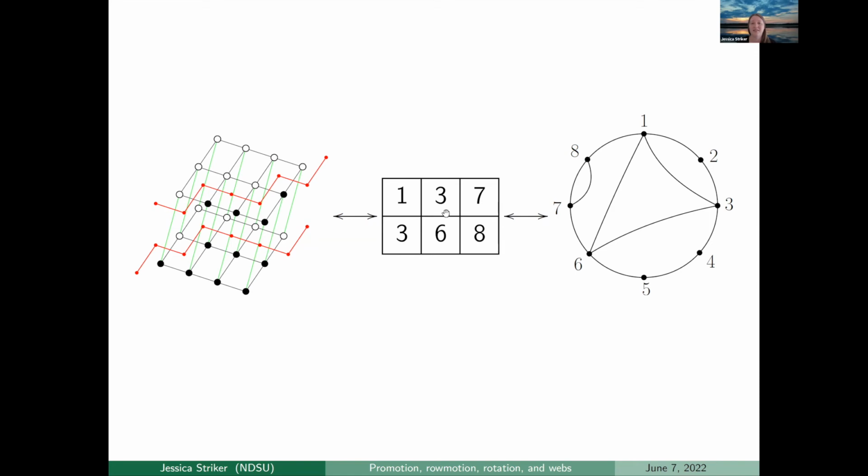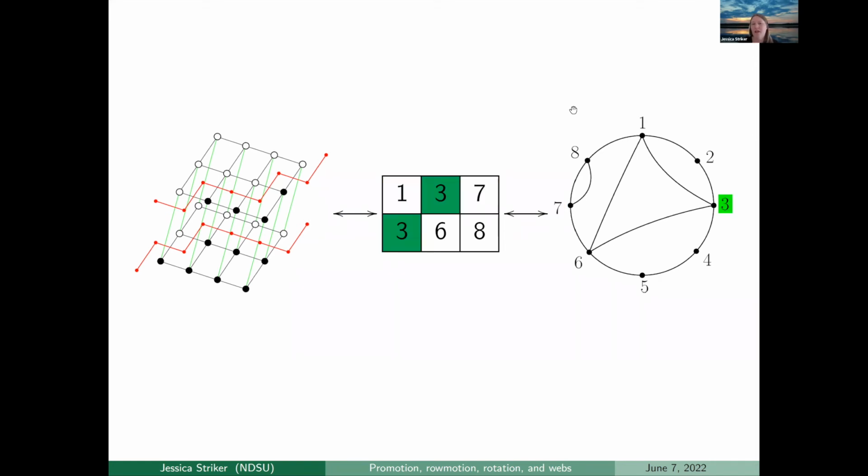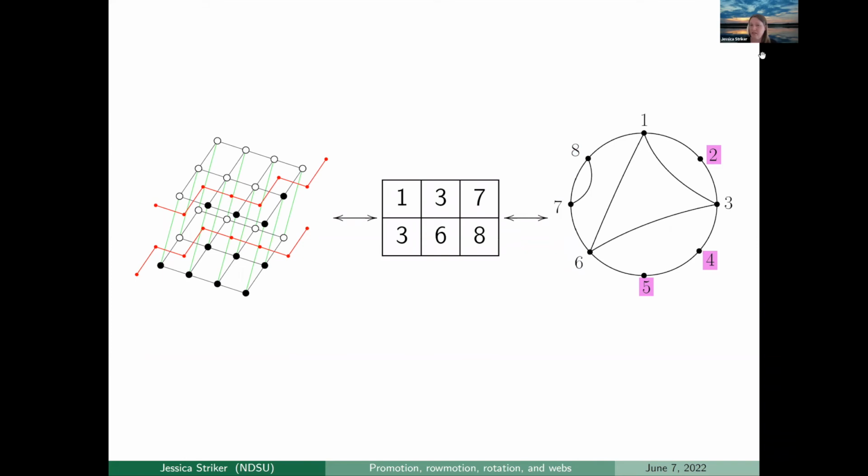Again, we have order ideals, some tableau, and now a non-crossing partition. This bijection to non-crossing partitions goes very similarly to what we saw with the non-crossing matchings. Numbers that are only in the top row end up being the smallest number in their block. Numbers that are in both the top and bottom row are a middle number in their block. And numbers that are only in the bottom row are the largest number in their block. The numbers that don't appear in the increasing tableau are just singletons in the non-crossing partition. So that's why we can move to this packed case, because it just puts singletons in there, which end up rotating with respect to